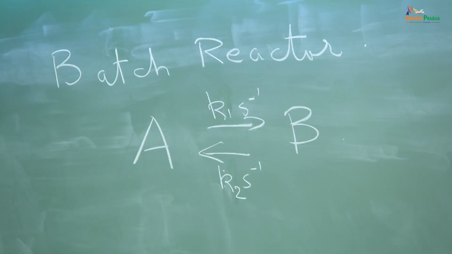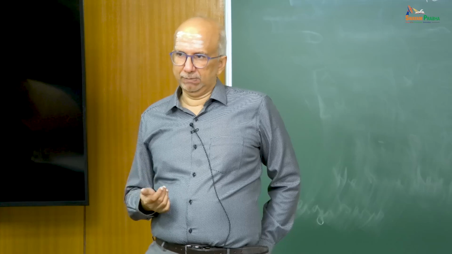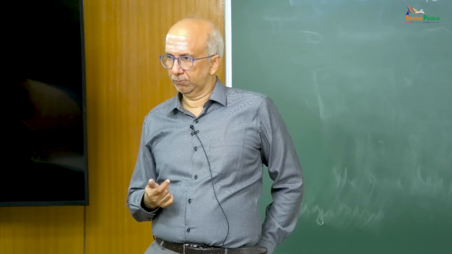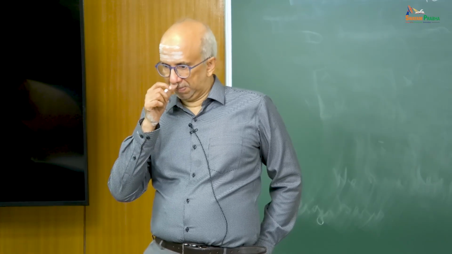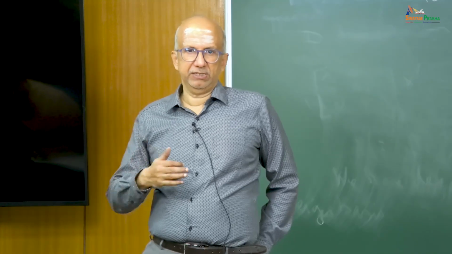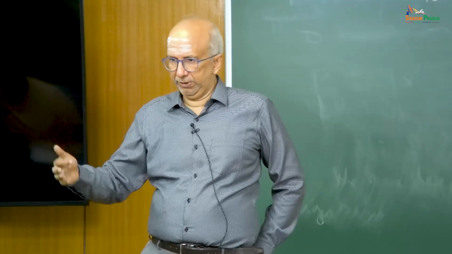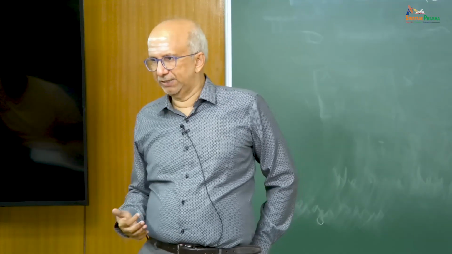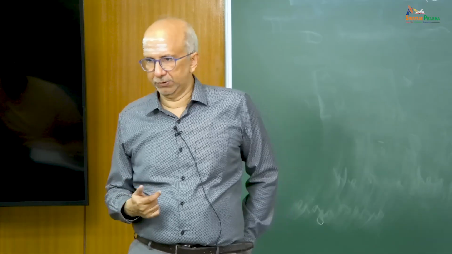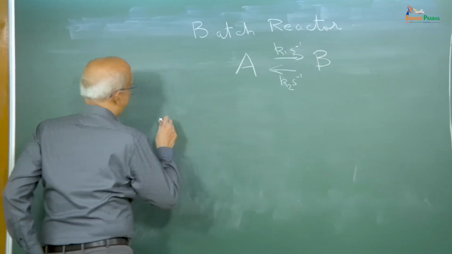So, I have a batch reactor in which this reversible reaction is going on, and when it comes to a batch reactor and a reversible reaction, what are we interested in? We are interested in what is going to happen finally at time t equal to infinity, what is going to be the equilibrium concentration in my reactor. So, to cut a long story short, we need to write the